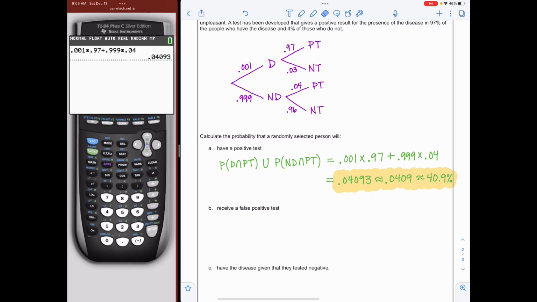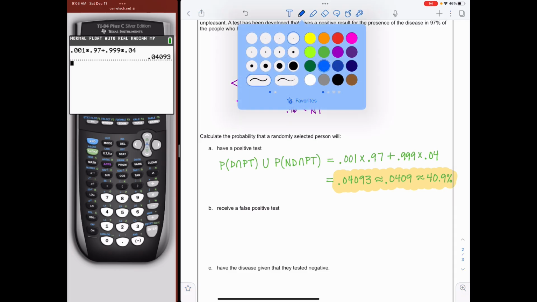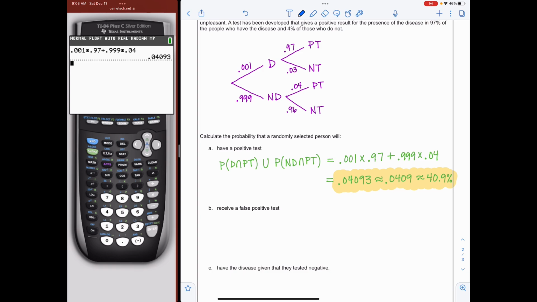All right. Part B, it says the probability that you're going to receive a false positive test. So a false positive test, what that means is that we're trying to find a probability that we did not have the disease and we received a positive test. So technically we have already found that part, which is here. So all we have to do is multiply 0.999 times 0.04, and that will equal